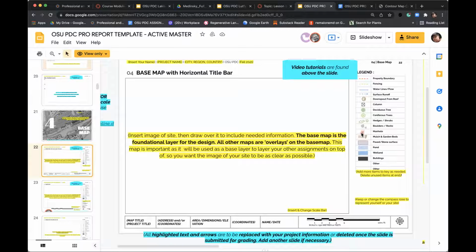a lot of the stuff in the legend won't be really pertinent, but do be mindful of the scale bar, because often people will drop their base map in here and they won't really pay attention to the scale bar. And this is just an example. It's not scaled to your drawing, right? So